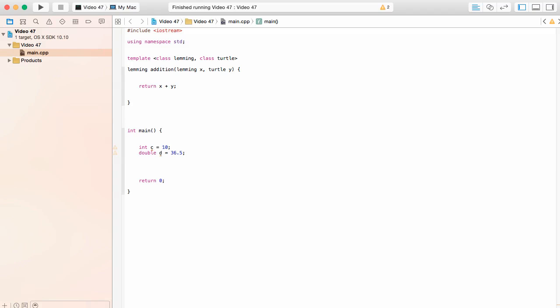I can go ahead and print out the function. So I write cout, and I'm going to put addition. I'm not going to fill it up just yet. Just end the line here. Okay, so we have all that ready, and we're ready to put our c or d variables inside of here. Now, which one are we going to put first? Because it matters. Now, look at this up here. The first one you're going to put in is going to be lemming x, which means it's also going to be the data type of the function, which means if I were to go ahead and pass through the d in here, the variable d,